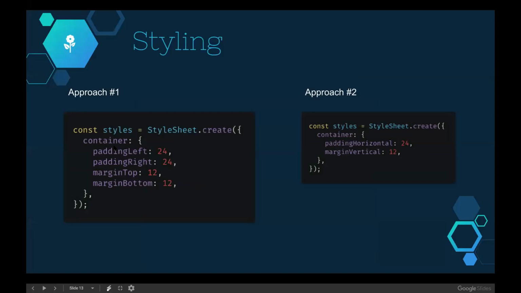And in React Native, there are a few special properties. So let's say if you want to have padding left, padding right, or if you need some margin top and margin bottom, this approach definitely works, but there are some special properties where you can club the padding left and padding right, and name them paddingHorizontal, and you can club the top and bottom and just make it marginVertical. So here the output of this and the first approach are going to remain the same.